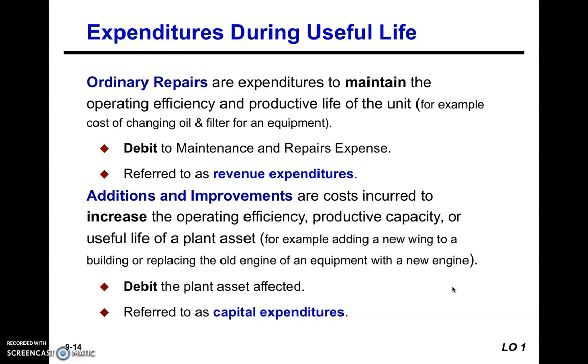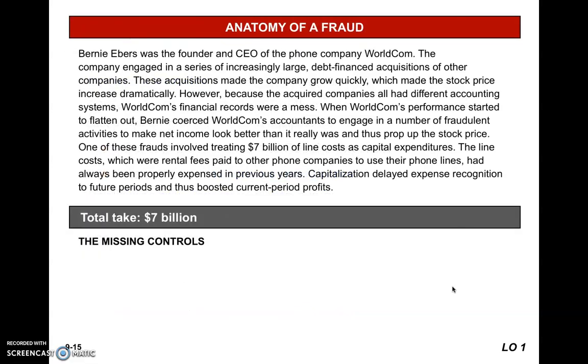So we debit that asset depending on what we spend, and we credit cash or accounts payable based on the situation. What are the examples? Let's say we add a new wing to a building that we have, that becomes an additional building. Or replacing an old engine of equipment with a new engine, then the cost of the equipment is also increased. I'm going to stop here